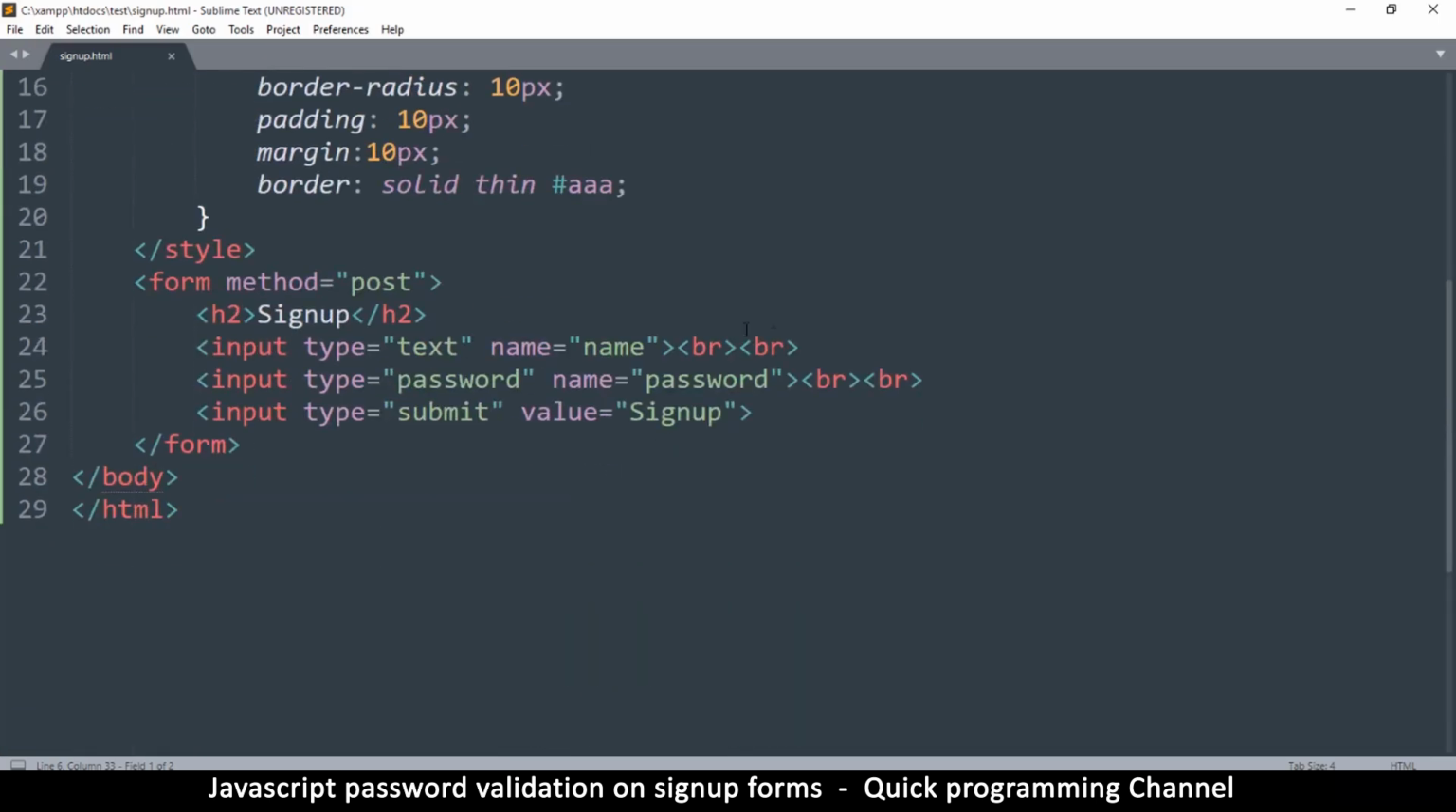Very good. Let me put auto focus here so that it focuses there. Okay, now one important thing, before you go any further, is to put required on these things like this, because you're using